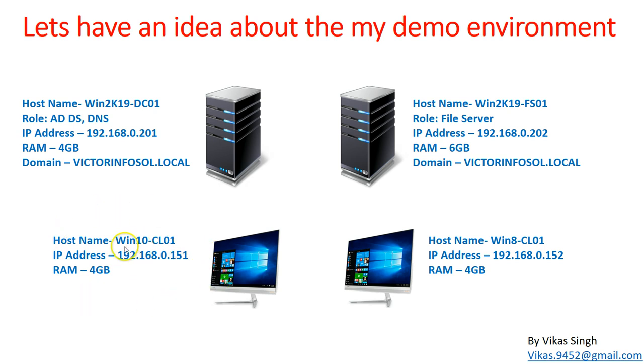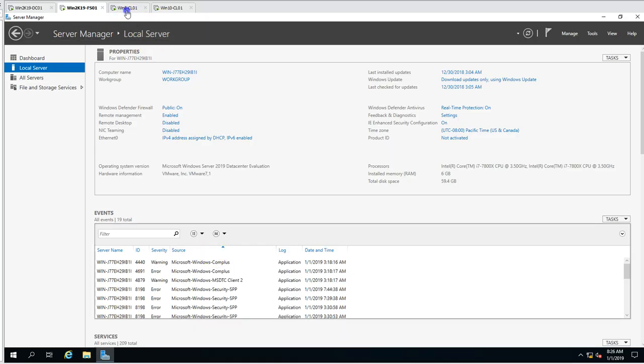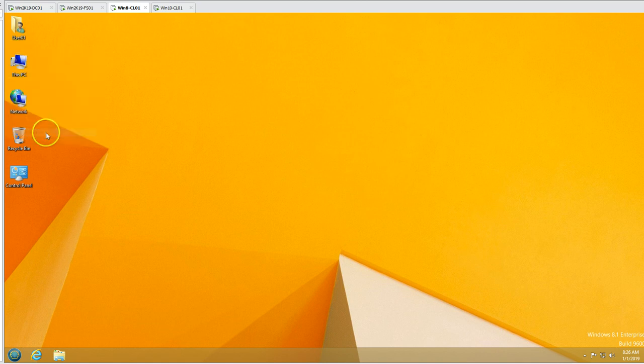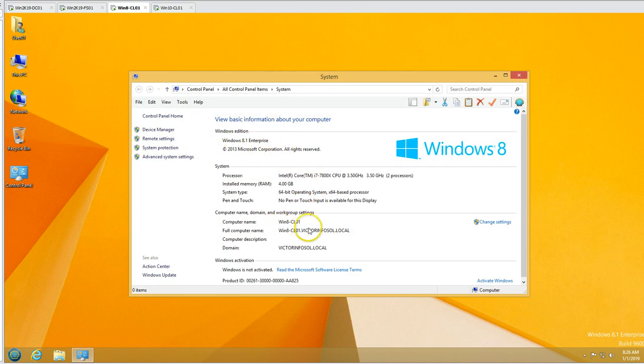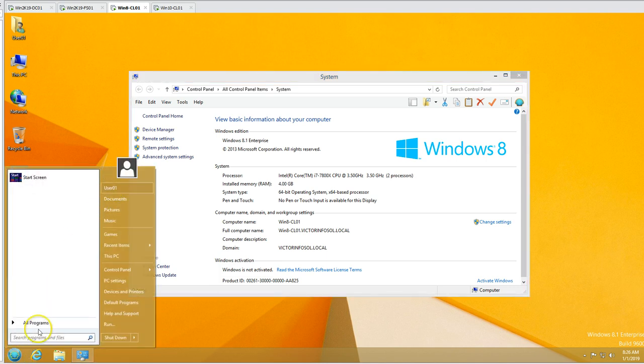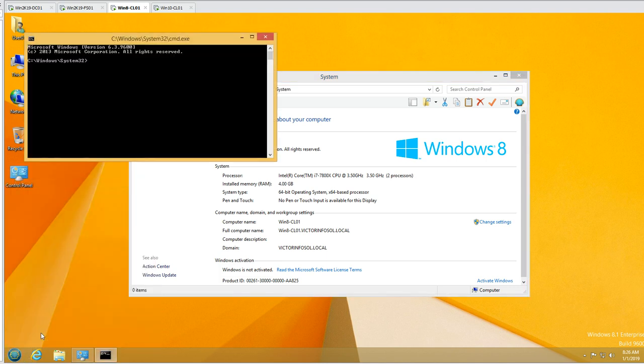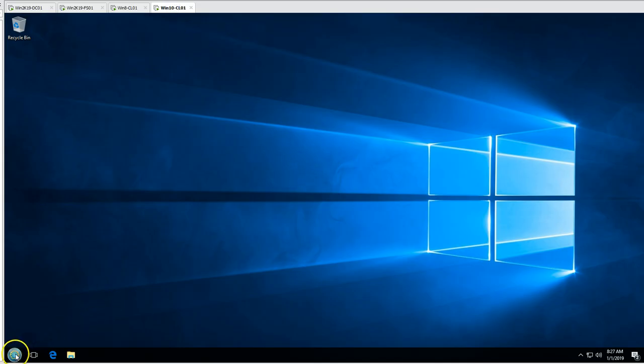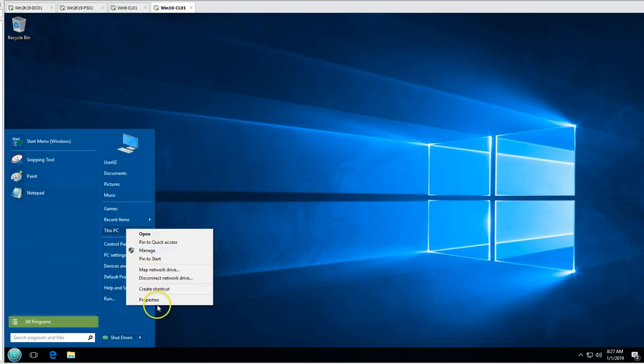working as client machines, a Windows 10 and a Windows 8.1 Enterprise machine. Let's see here. This is my Windows 8.1 machine, which is joined to my domain victorinfosol.local, and I have logged in with my domain account, which is user01. If I go here and type whoami, this is victorinfosol user01, and this is my Windows 10 machine. This machine is also joined to my domain